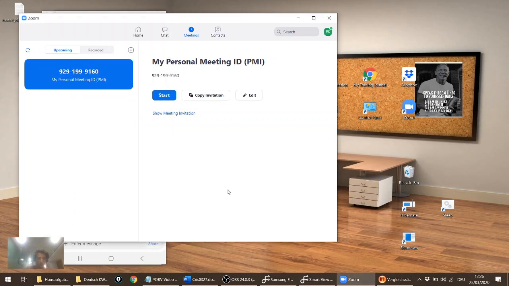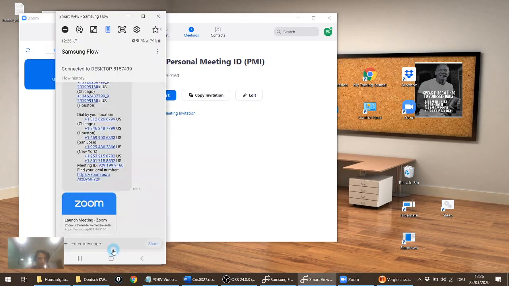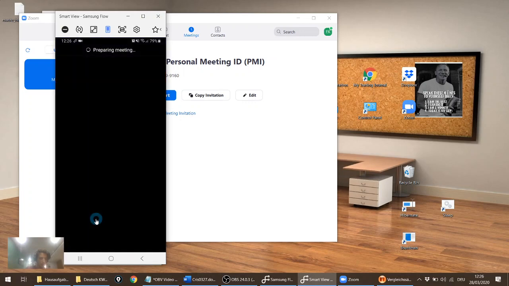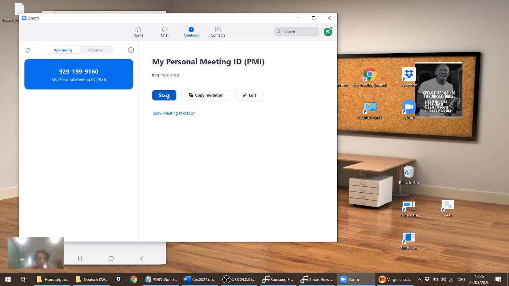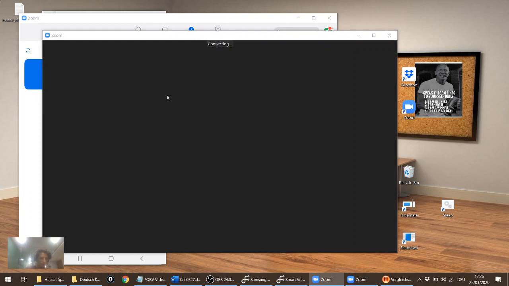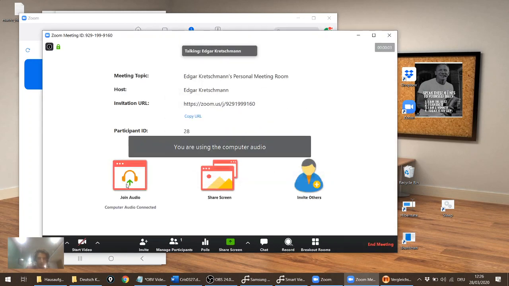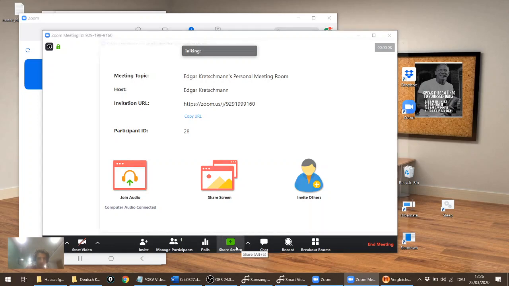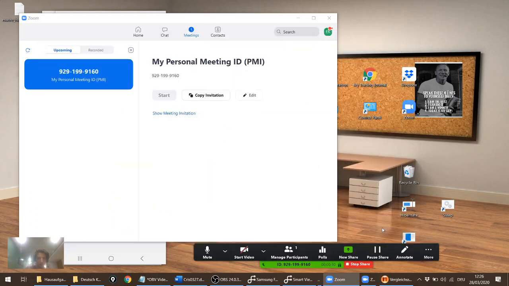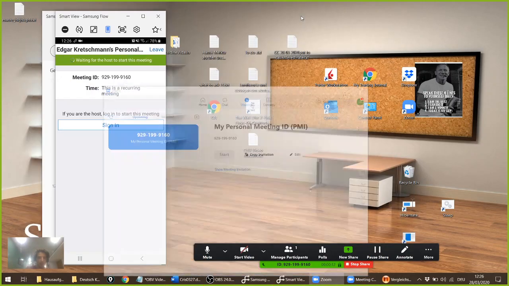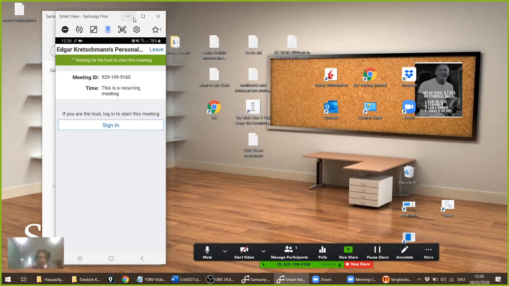I use Zoom for the talking bit, and it's easy because you can just copy the invitation. It's easy for the students to connect, and once they're connected you can share your screen, which I'll show you in a bit. There we go. It asks you if you want to join with your computer audio, then you can share your screen easily. Just press this button and then they know what you're doing on your screen, and therefore you can